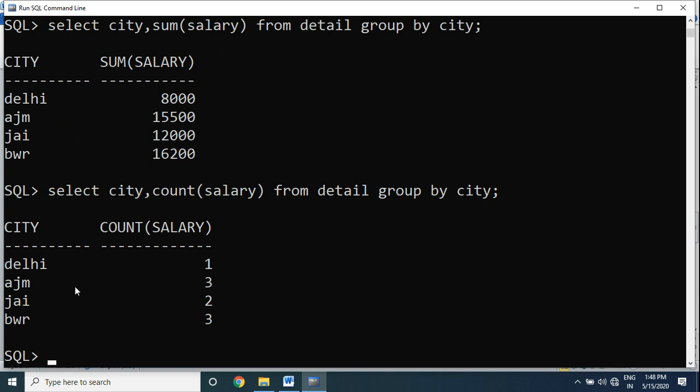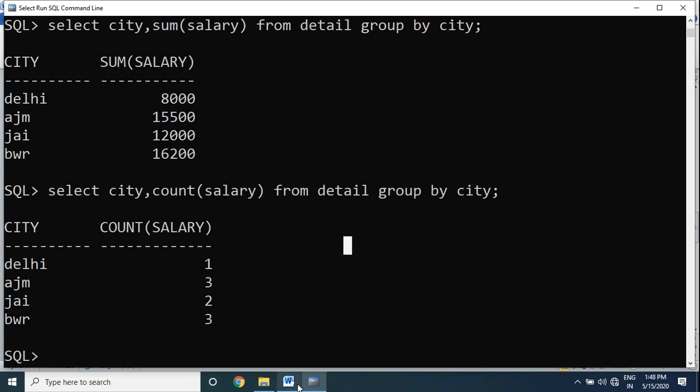So it is displaying Delhi we have 1 record, Ajmer we have 3 records, Jaipur we have 2 records and Byawar we have 3 records. So for the GROUP BY clause, it is necessary that the query has a group function. So a group function is very necessary for the GROUP BY clause.